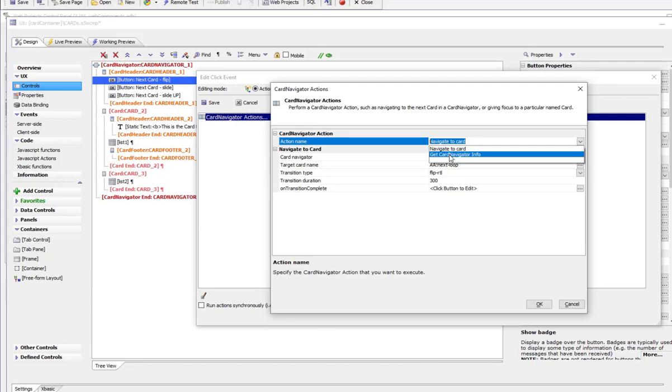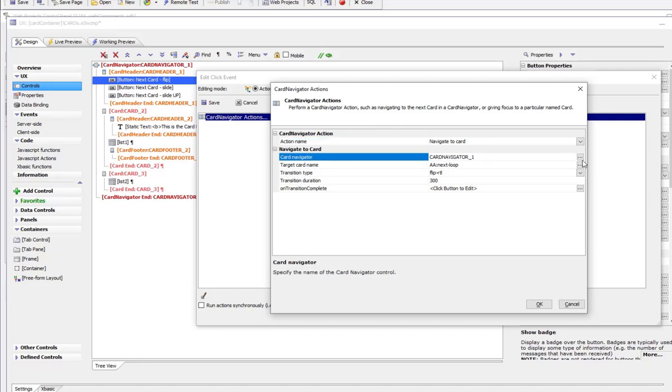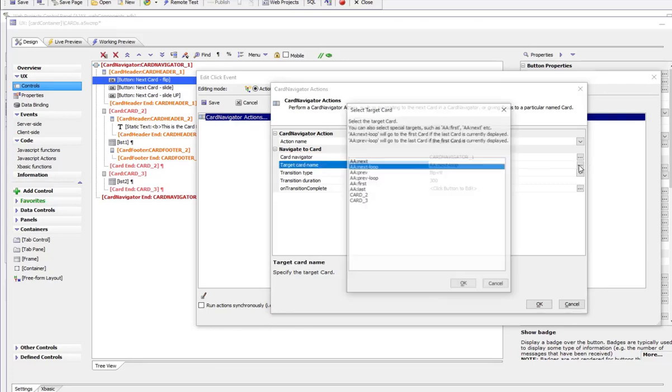And by the state we mean which card would be the card that you navigate to if you click the next button, whether you're currently on the first or the last card within the card navigator, etc. In this case, we're choosing a navigate to card action. The card navigator that we're talking about is card navigator number 1. Our target card can be any of the physical cards within the card navigator, or these special targets called